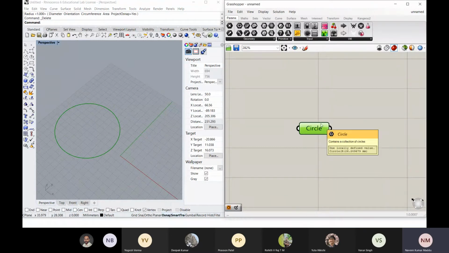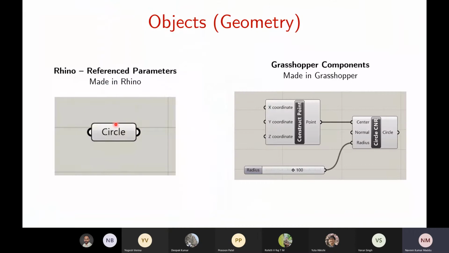The other one was the other way around, like you're creating on this and you're projecting here. And this is like the geometry which is already available, and you want to do some other operations on that, and you're calling it into Grasshopper. So that is the difference between these two objects. So let me show here and here. So these are the two differences. These are like referenced components, and these are like components which are made in Grasshopper.